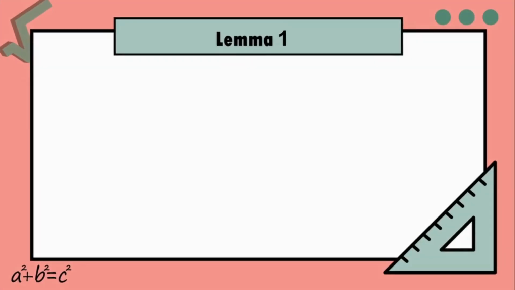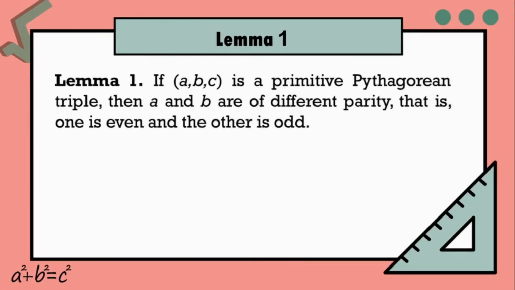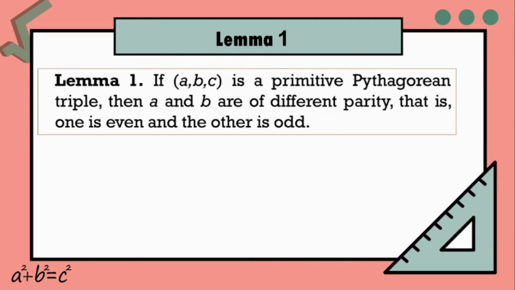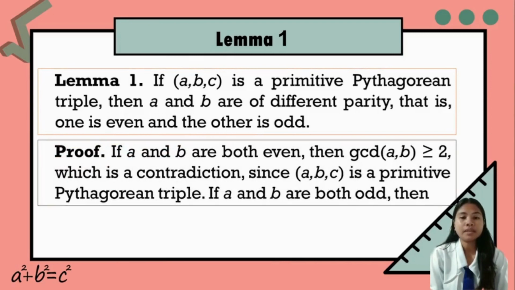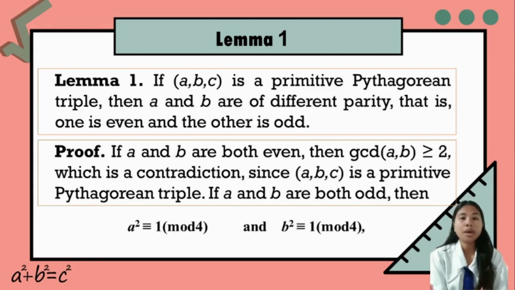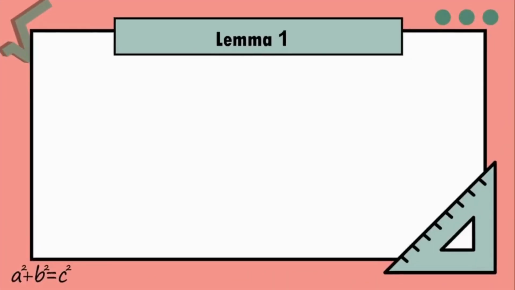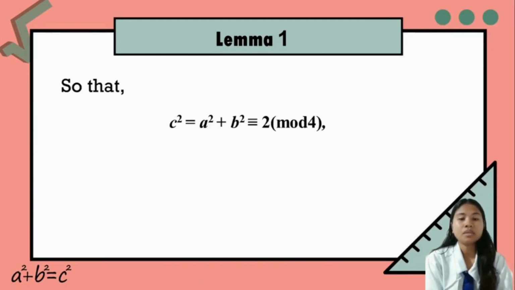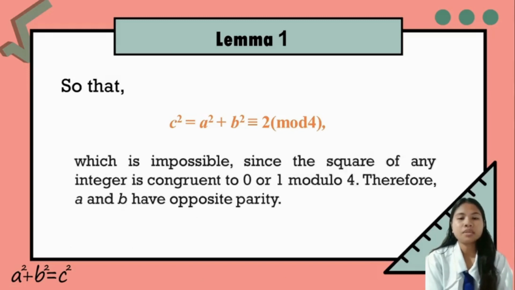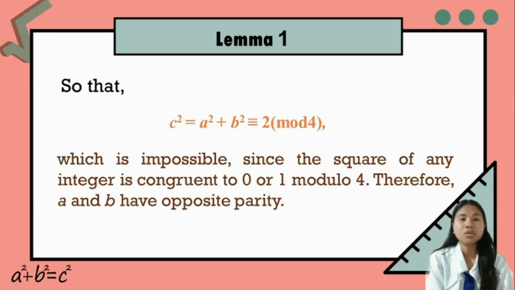So the proof of the first lemma is: if a and b are both even, then the GCD of a and b is greater than or equal to 2, which is a contradiction since a, b, c is a primitive Pythagorean triple. And if a and b are both odd, then a squared is congruent to 1 modulo 4 and b squared is congruent to 1 modulo 4, so that c squared equals a squared plus b squared is congruent to 2 modulo 4, which is impossible since the square of any integer is congruent to 0 or 1 modulo 4. Therefore, a and b have